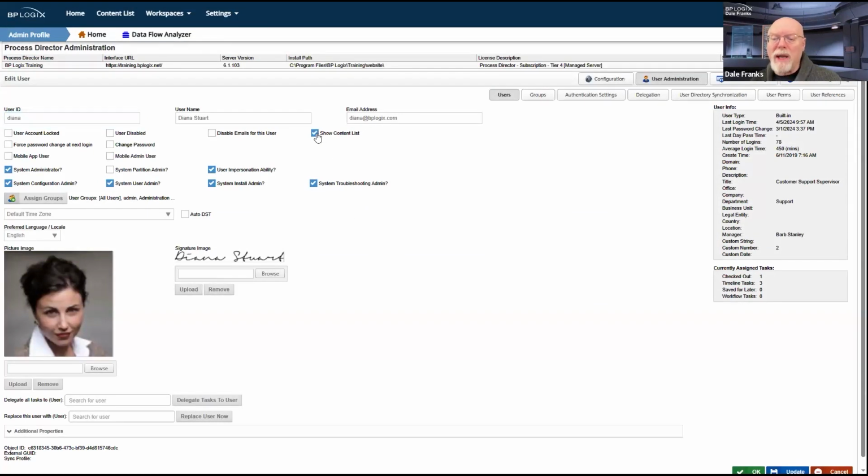This property can be turned on and off for each individual user. If it is turned on, you will see the content list menu in the upper left-hand portion of your screen. Obviously, if it is turned off, you will see no such menu.